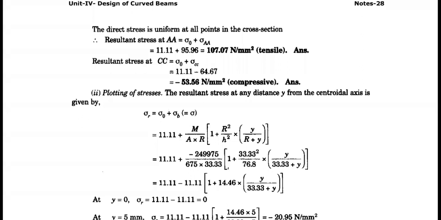On that particular part only you have to take care. The remaining part is just copy-paste procedure. If you know the formula, your entire problem is over. You will get 14 out of 14 marks. Definitely, I am giving a very strong assurance: if you follow these steps, you will get 14 marks in the examination.